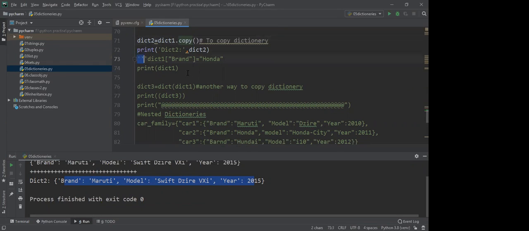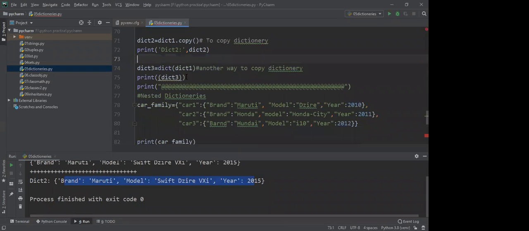Of course, this we did already; no need to repeat again. The copying can also be done by using the constructor called dict. Either you can use the copy function or the dict constructor; both are the same. Now I'll print another one, this is your dict3.